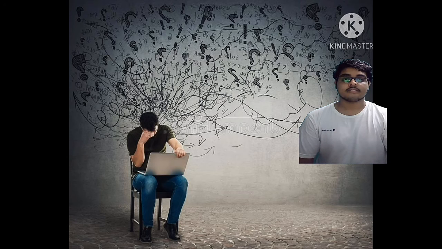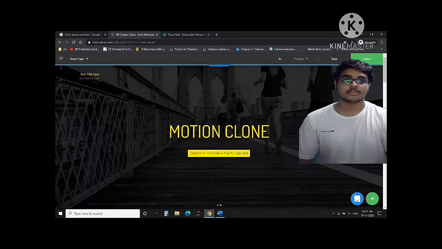Many animators and AR/VR designers spend a lot of time designing a specific character and making those characters move like real humans. So it takes a lot of time to manually mark those landmarks and render those videos with a lot of editing software. To address these key issues, we came up with an idea called Motion Clone.